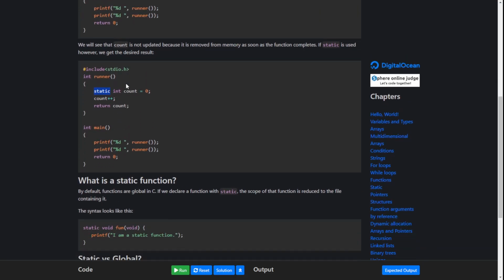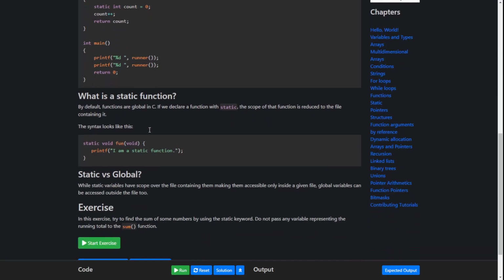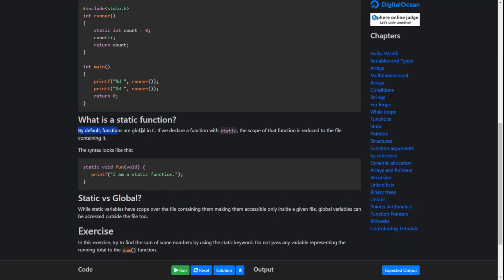So static, it's like this variable right here is available inside the function itself. Just like a static in classes in JavaScript. So it's not locally scoped, when it's only available inside that specific reference or call. Okay. By default, functions are global in C. If I declare a function with static,